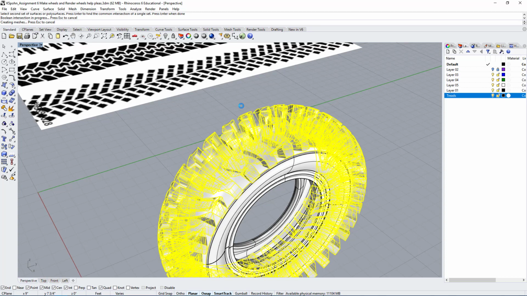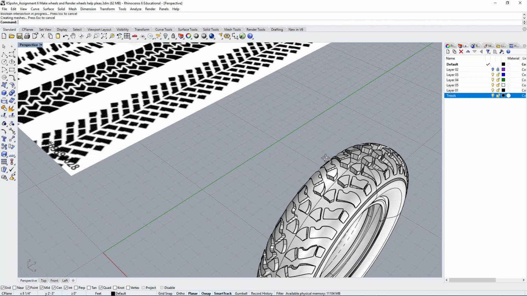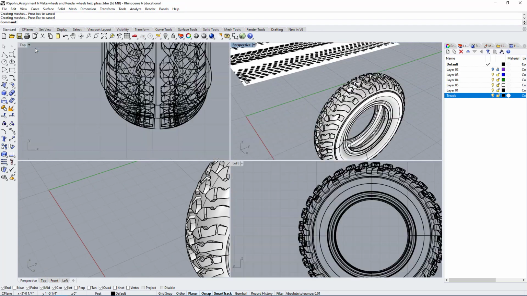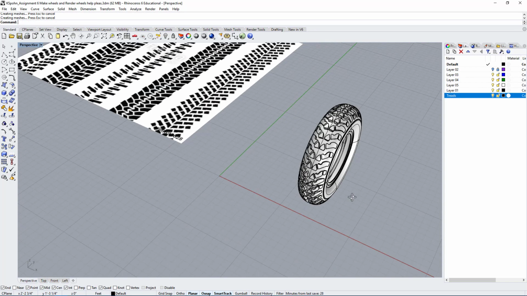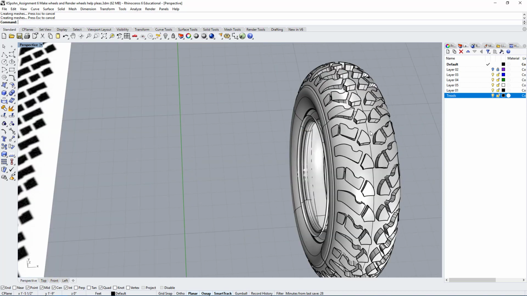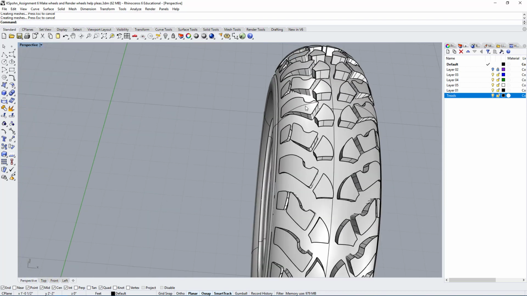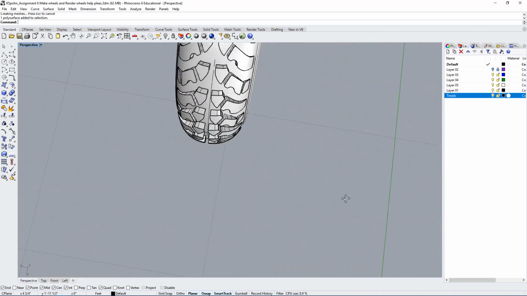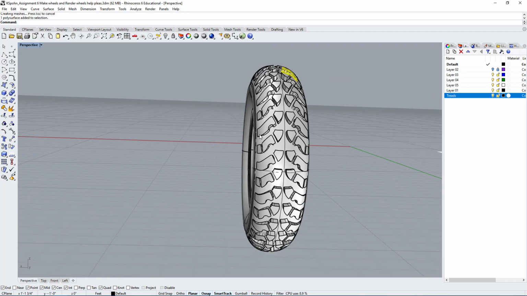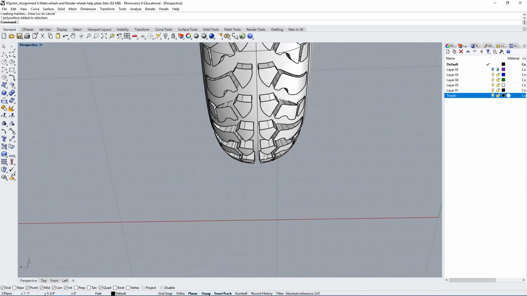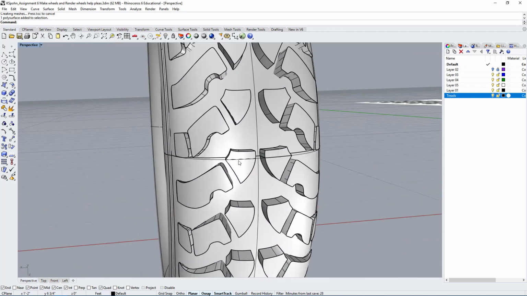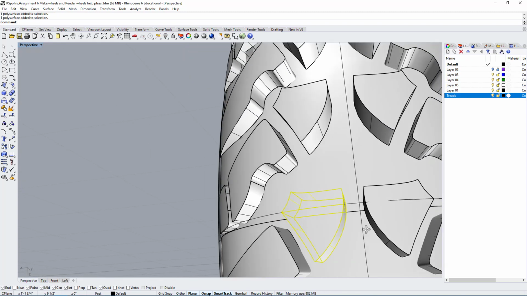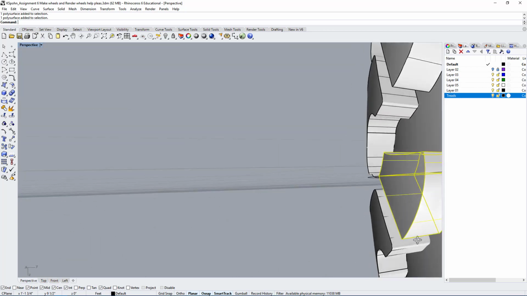Now sometimes the technique you may need to use is break it up into quarters or halves, and this will help make the time it takes to calculate the mesh quicker. So here you go, now we have threads. This may not be the best threads, but for the sake of a demo I think it works. Now if you wanted to, you could spend more time, get better details. Maybe you want to create a nice fillet, and it seems like it did a very nice job.